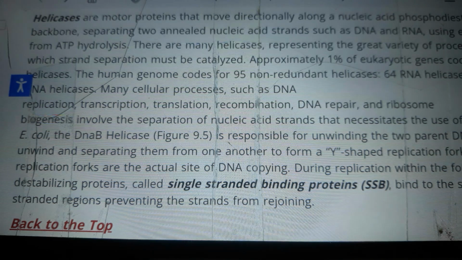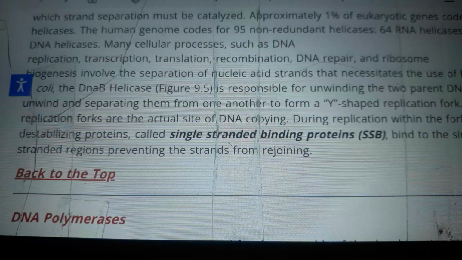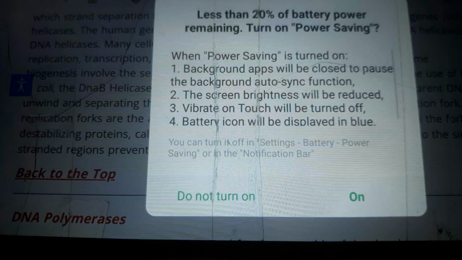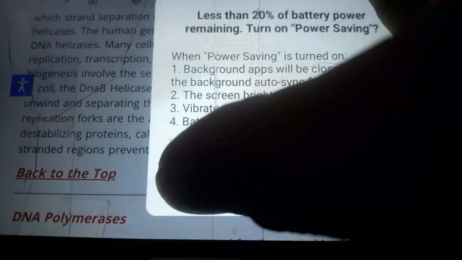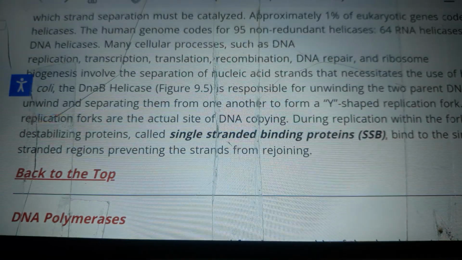and 31 DNA helicases. Many cellular processes such as DNA replication, transcription, translation, recombination, DNA repair, and ribosome biogenesis involve the separation of nucleic acid strands that necessitates the use of helicases. In E. coli, the DnaB helicase